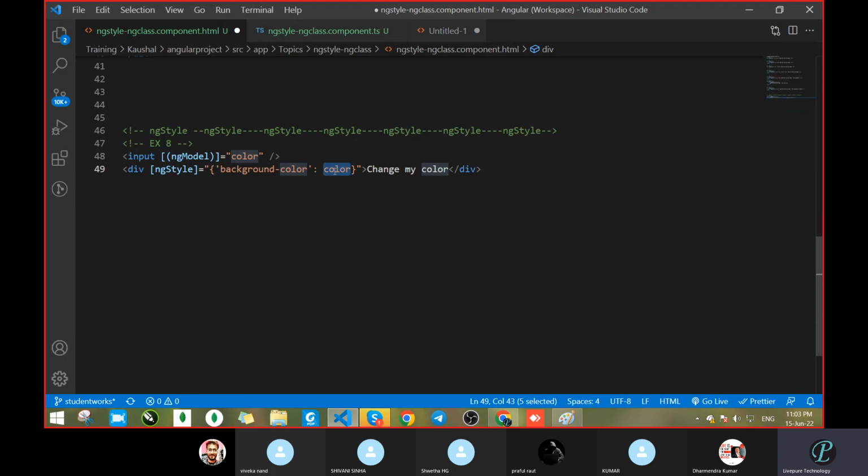Whatever value is coming on the TypeScript page, we are passing to the background color. So as we change the value, it changes here, and then we get that background color effect. Not only background color, if you just write a color effect,